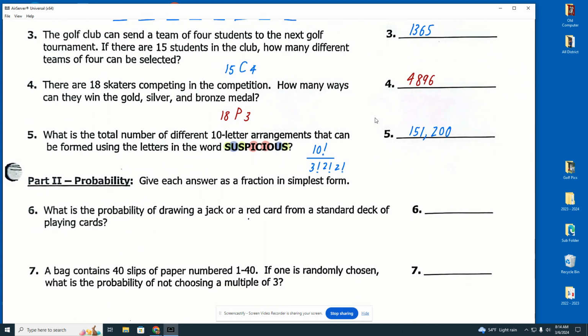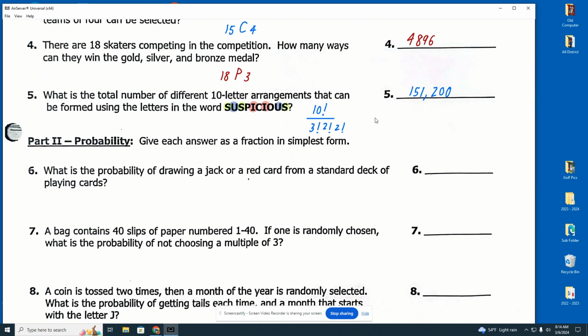All right, moving right along. Now we move into probability. And yes, I know that it says probability, and that helps. And maybe it's not on the quiz like that, but you got to look at what it says. It tells you what is the probability of drawing a jack or a red card from a standard deck. It's telling you probability, okay? So